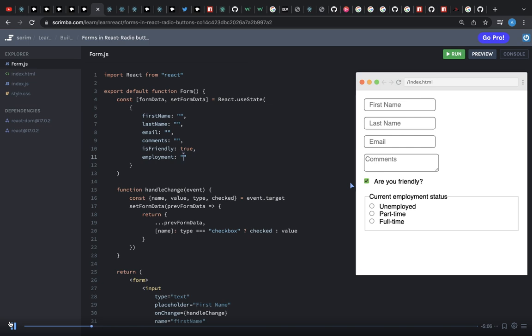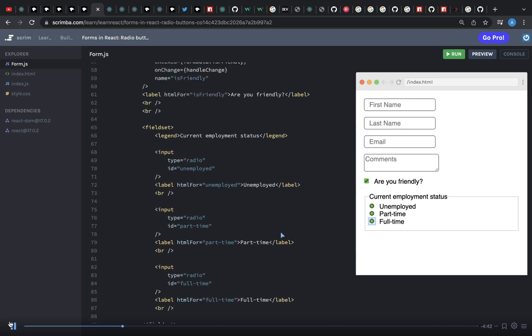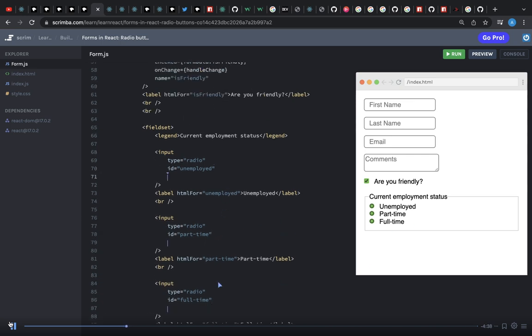So on a high-level overview, what will happen is when the user clicks one of these options, we will be watching for changes in these inputs, and when a change happens, it will take the value of that specific radio button that was clicked and set our state to that value. In order to associate my inputs with the correct piece of state, and also to make it so that I can't click all of my inputs the way I can now, I need to add a name property to each one of these inputs. Like we've done before, I'll set the name equal to employment,